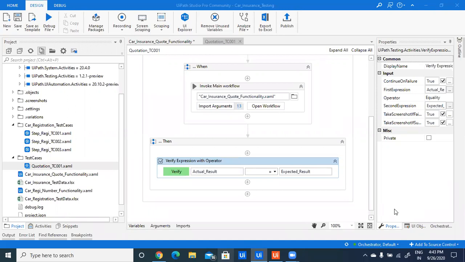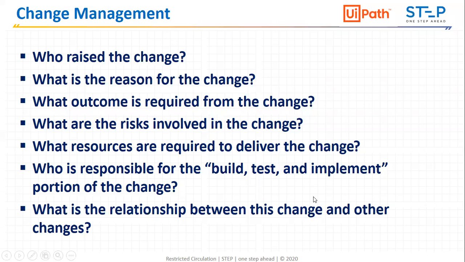Okay, so I think questions are done. Let me walk you through the change management and the test case maintenance, how we can carry it out. So Sony, can you stop your sharing so that I can share my screen? Thanks, yes, Sony. Thank you. Can all see my screen?